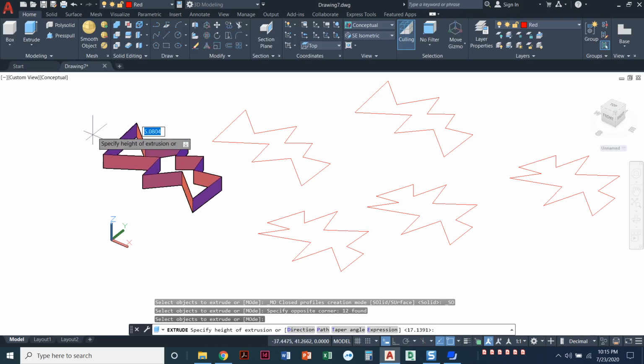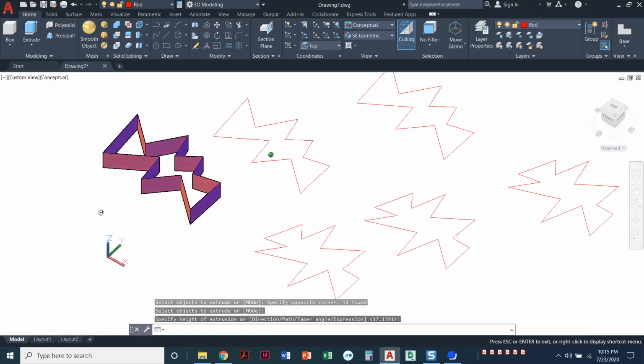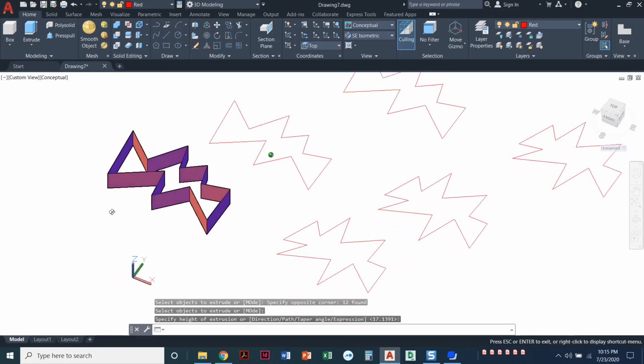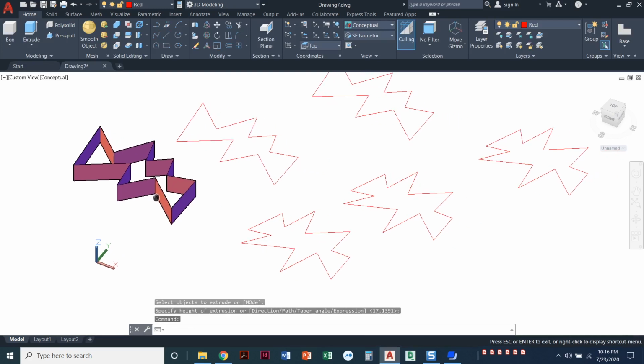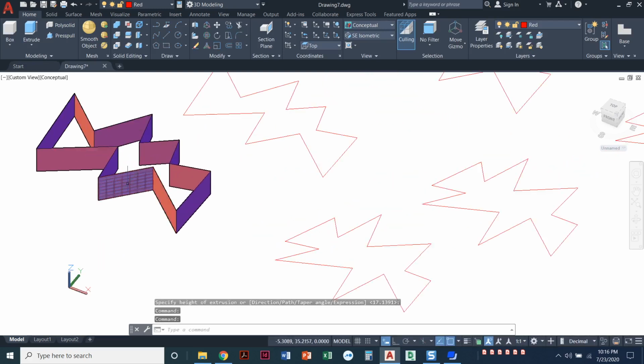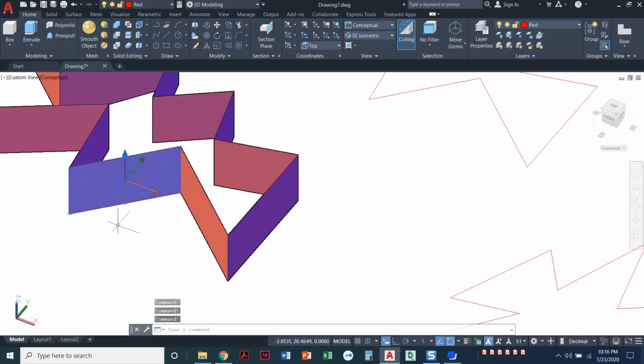So it is technically giving it depth. It's kind of a cookie cutter effect though, don't you see? It's like extruded the lines so they actually have a thickness to them. They're tall, but it's not a 3D solid, and so we're going for a 3D solid. What it's actually doing is, if you come over and hover next to this or click on it to highlight it, you see a little grid on that. That lets us know that's what's called a surface.